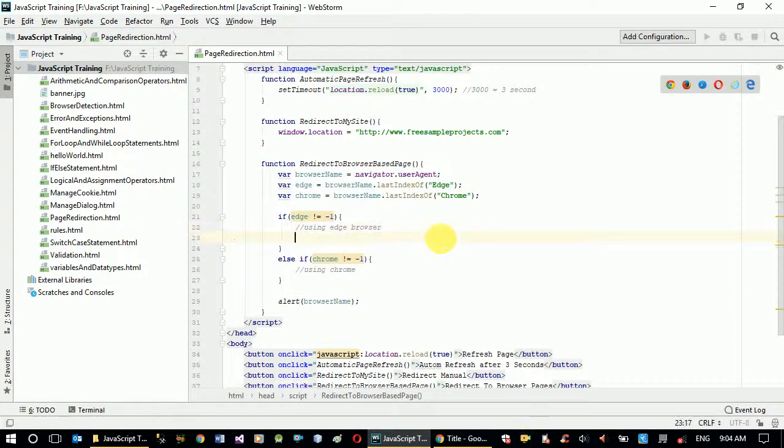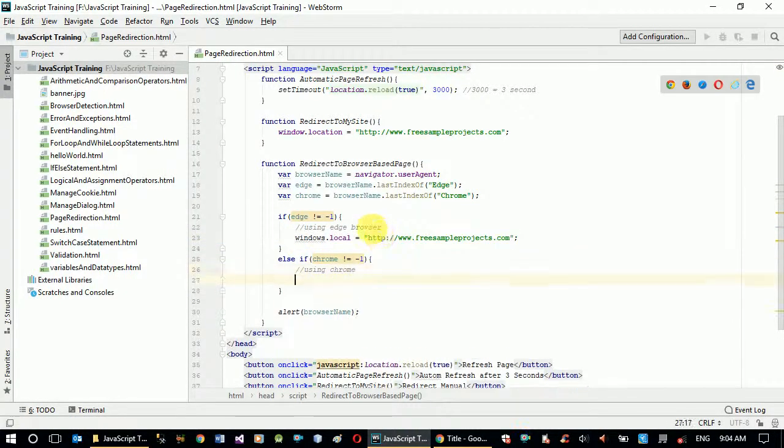So when the browser is Edge, we need to redirect it to somewhere else. window.location equals, let's take it to this website. And if we are using Chrome, then let's take it to